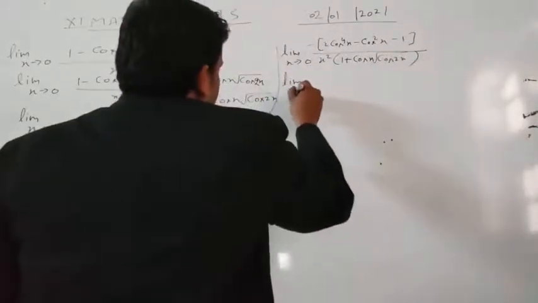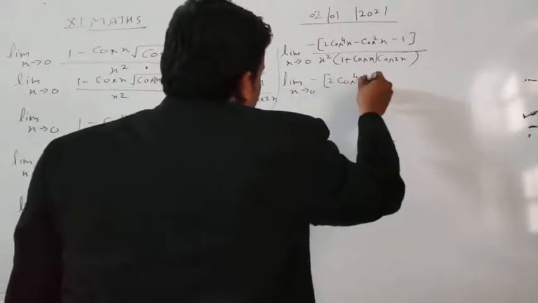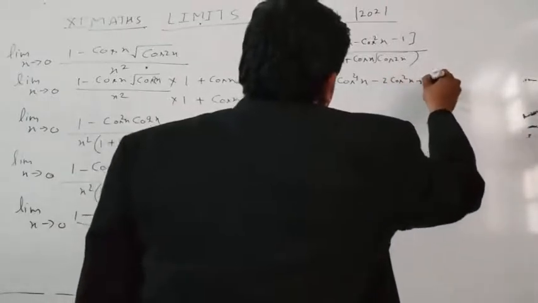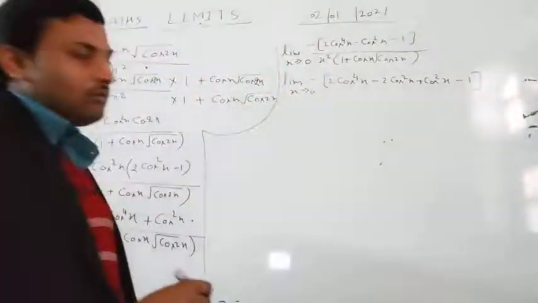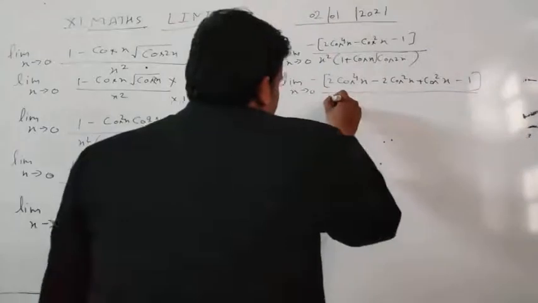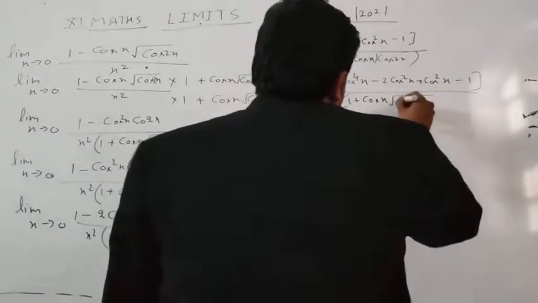So limit x tends to 0 of minus (2 cos to the power 4x minus 2 cos square x plus cos square x minus 1). Student, we can factorize in this form and we write x square (1 plus cos x